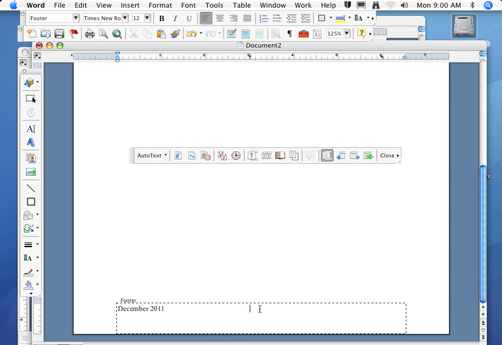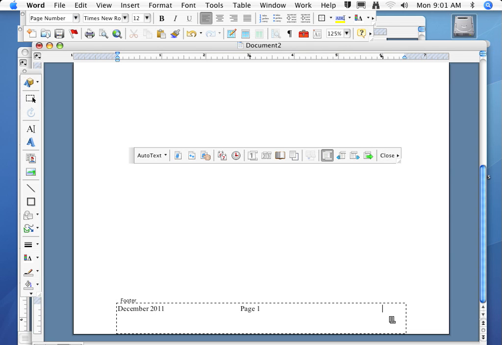We're going to type the word Page, followed by a space. And then we're going to do something that's automatic. It's called the Insert Page Number tool. Once again, if you don't know what that tool looks like, just put your mouse over it until the name pops up. Insert Page Number. So I'm going to go ahead and click this tool and automatically insert my page number. Now, as I increase the number of pages, I won't have to number them because this tool will automatically number every page. I'm going to hit the Tab key one more time to go to the right hand side of my footer,